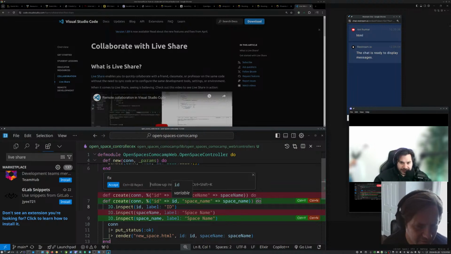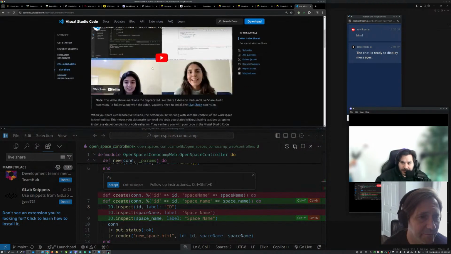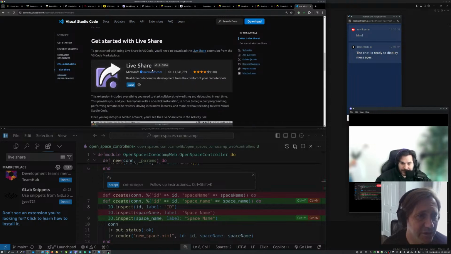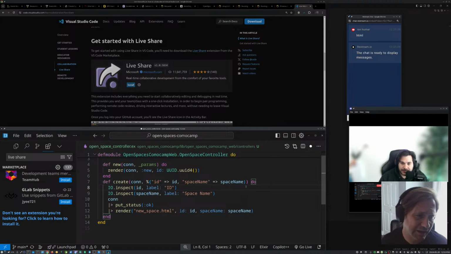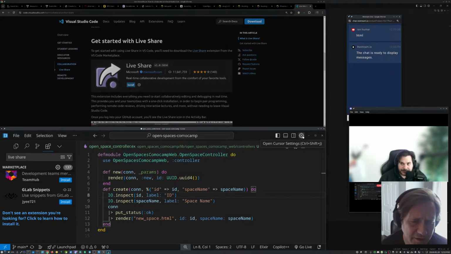Are you sharing the link to Live Share, by the way? I don't know where Live Share is. Okay, something's going on. Get started with Live Share. Yeah, I mean, it doesn't support your IDE, because Microsoft is behind the scenes actually running a server, so probably.